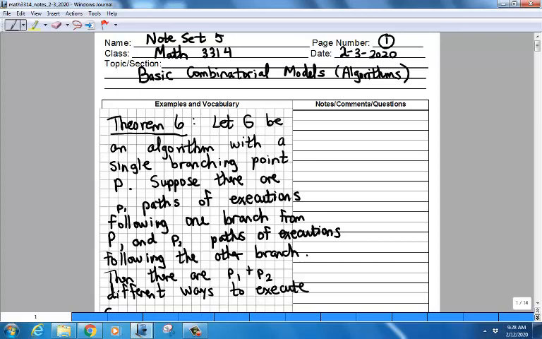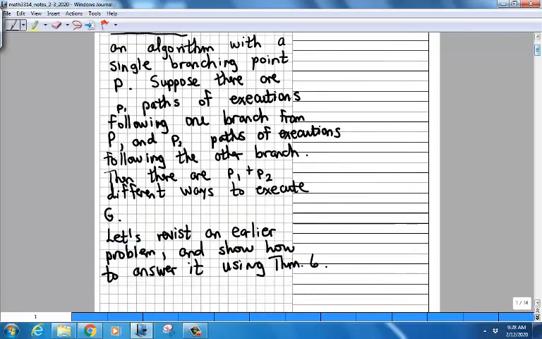So altogether, you have P1 plus P2 ways of reaching the end of the program. Okay. Duh, right? So there's nothing mysterious about that. Now, how do we apply that to a counting problem? This is not going to be a profound application, because this is not a profound theorem. The next theorem is more interesting, but